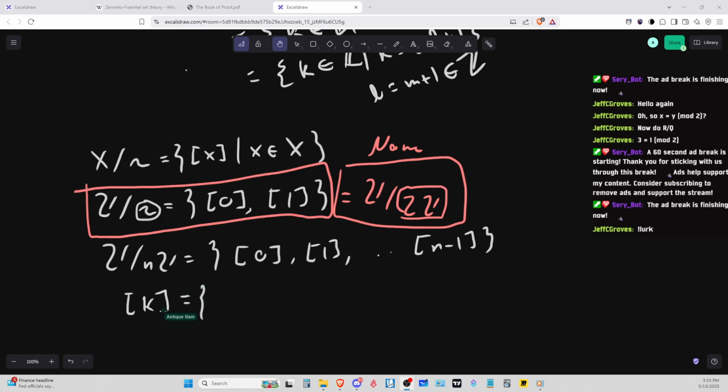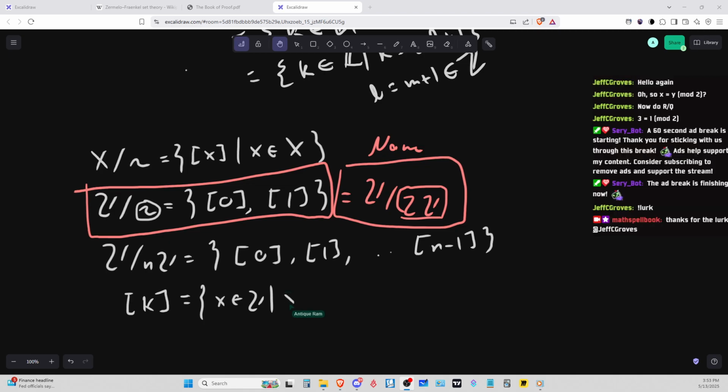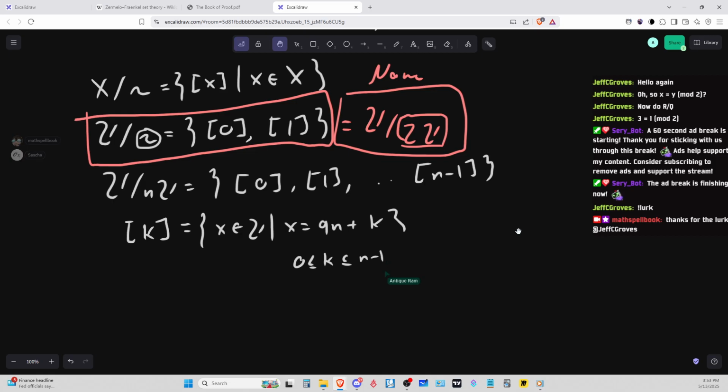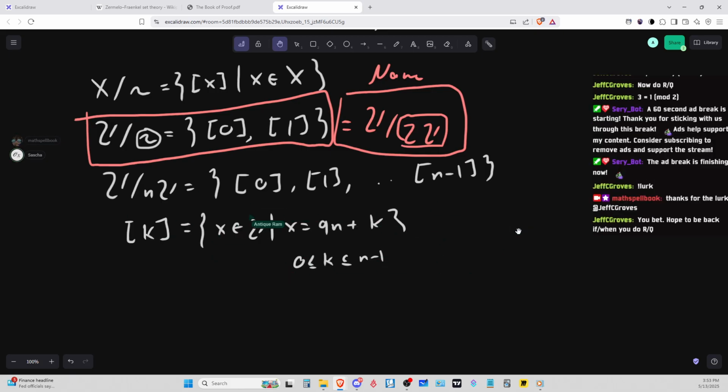So usually the equivalence class of k will be all numbers x inside of Z such that you can write x as qn plus k. You have to assume that k is between 0 and n minus 1. So is this the division algorithm? Yeah, and pretty much the exercise I gave you. I assume that we have the division algorithm, but basically you can do the exercise with that. And in the exercise I go a little bit further. I ask you to check that, for example,